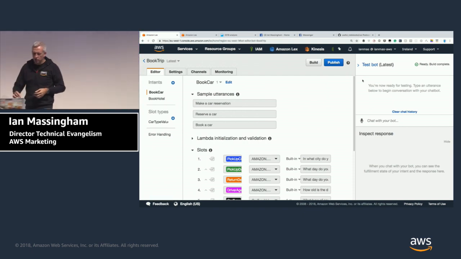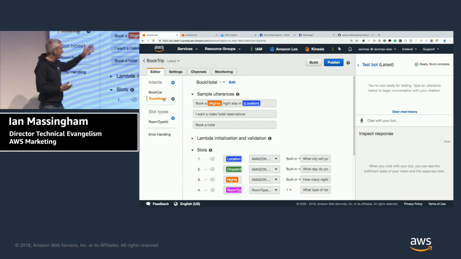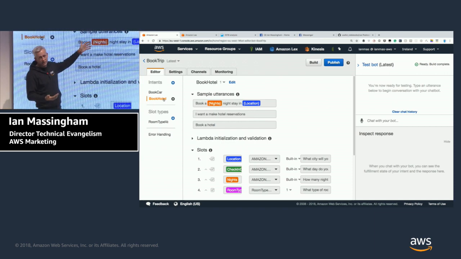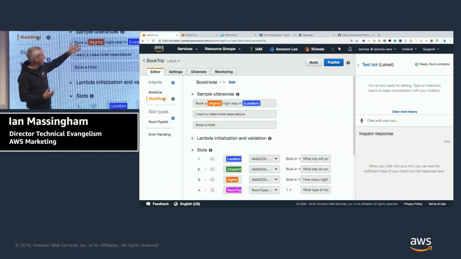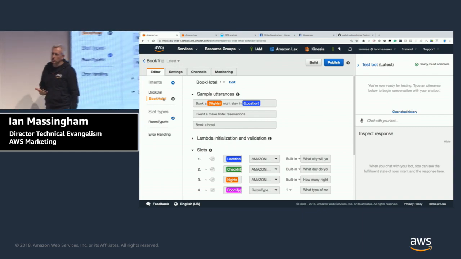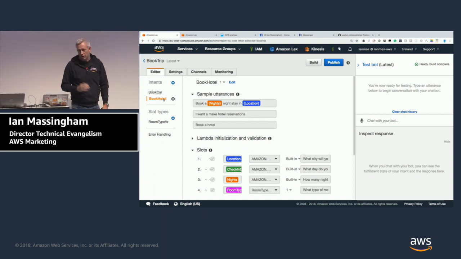And we've got different sample data for those 2 intents. If I jump over onto the hotel intent, you will see that I have sample utterances that relate to hotel bookings. I also have a sample utterance here that has further entities, or slots as we call them within Amazon Lex, embedded within the sample intent. This allows me to do single shot intent resolution and entity extraction or slot resolution in one hit.